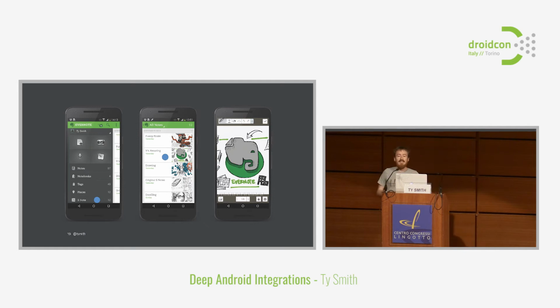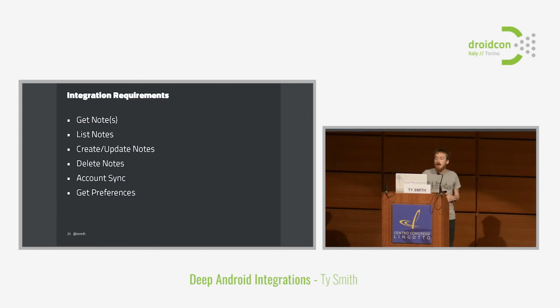Diving in a bit more, we needed a consistent contract that we could share for this integration and for other partners that followed after. These were the technical requirements that broke down into engineering requirements. The first was we needed to be able to get the list of notes, either a single note or multiple notes. We also needed to be able to allow the user to get a list of the notes in a